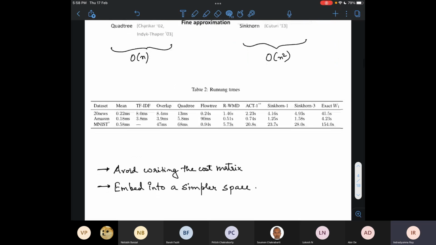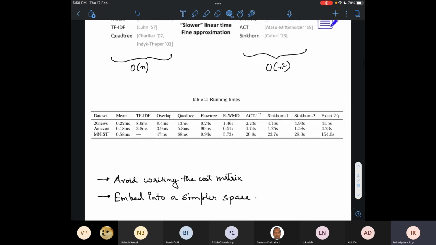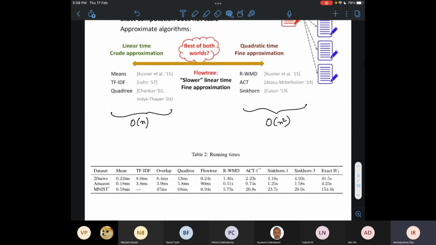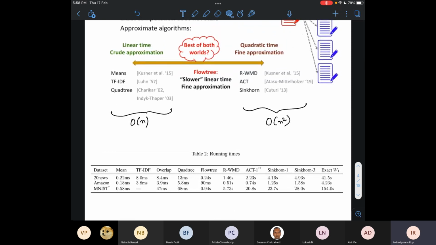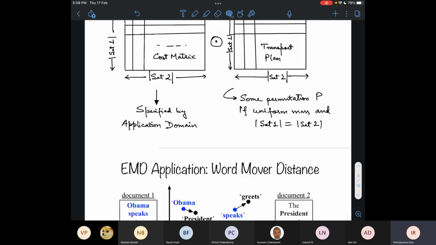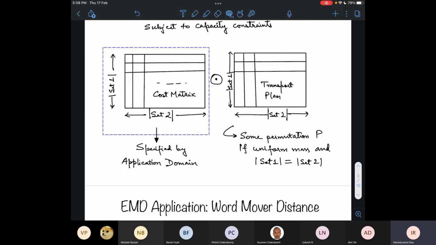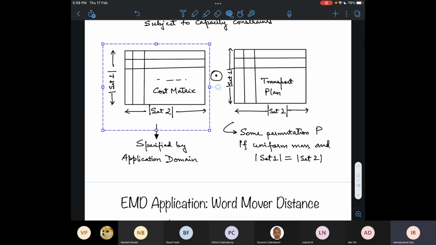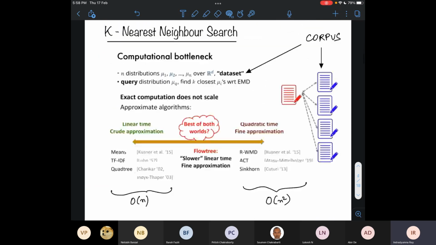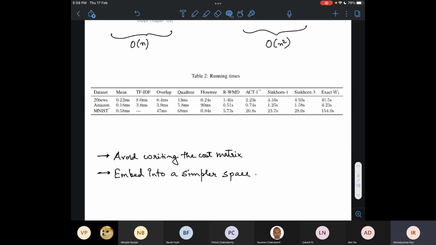So a couple of comments on this. The first thing is, let's take the cost matrix that we specified here. There is no constraint that this cost matrix has to come from an underlying metric. It can be arbitrarily specified, so it may be a non-metric which specifies the cost matrix. In that case, you don't have any other option but to specify the entire thing and go for an